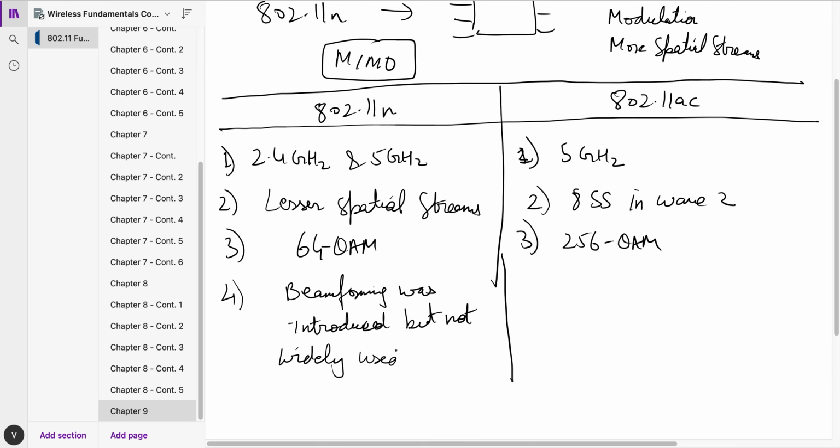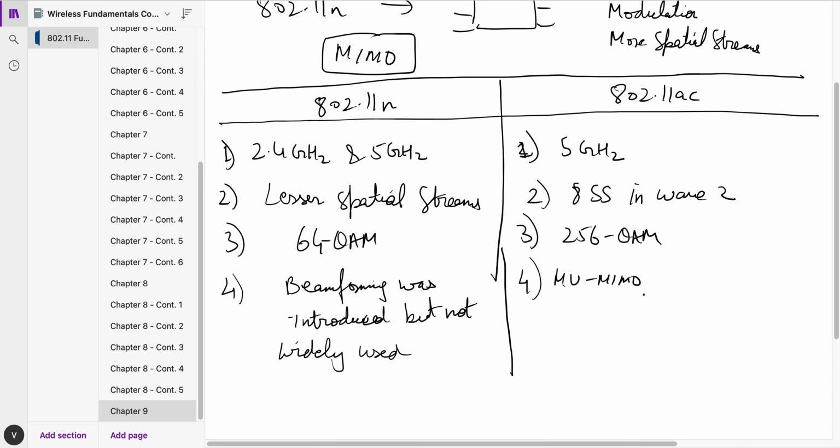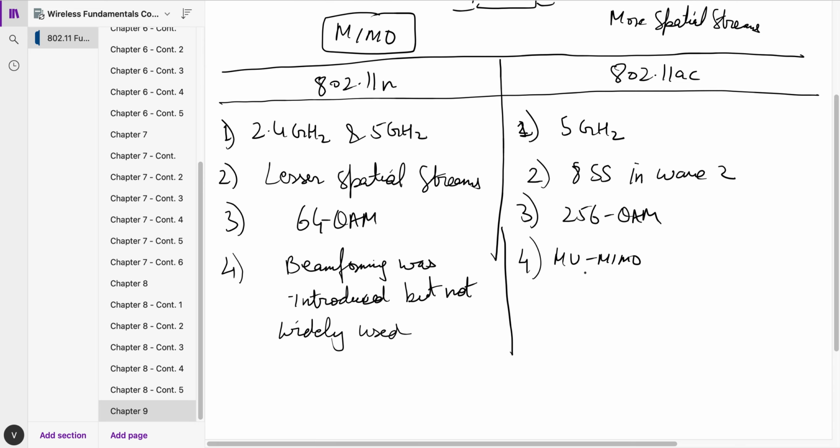Now in .11 AC, we have multi-user MIMO, which uses beamforming, and there is a specific type of beamforming defined, which is called NDP beamforming. That is null data packet beamforming. We'll discuss NDP beamforming in detail in a video, but for now,